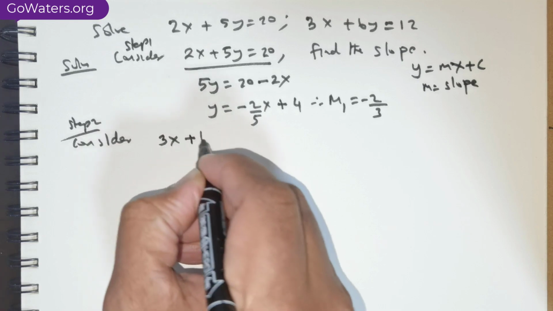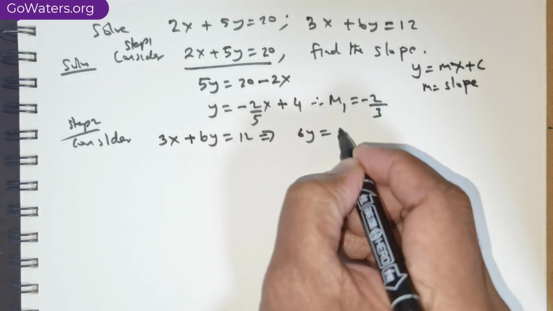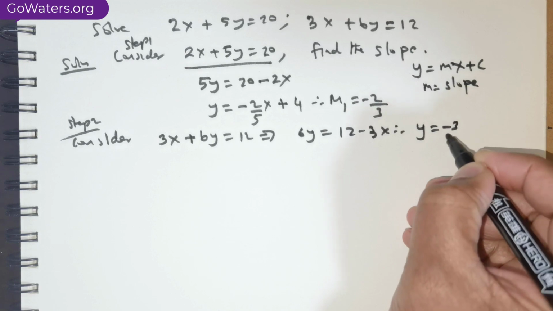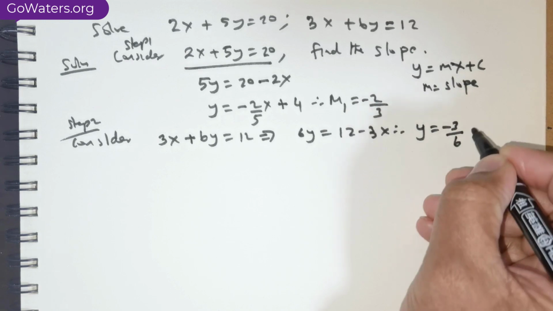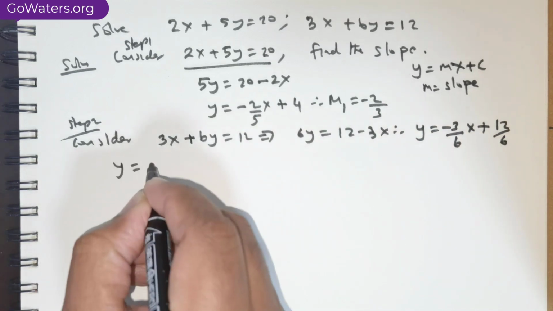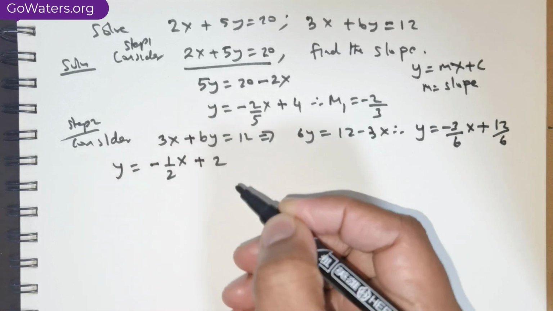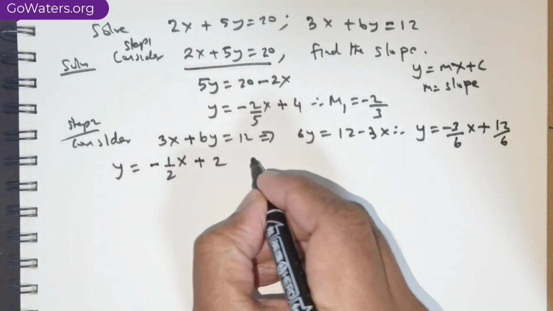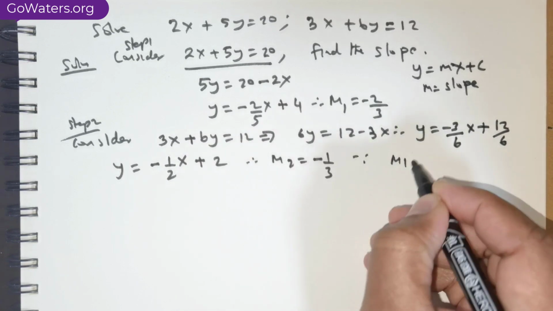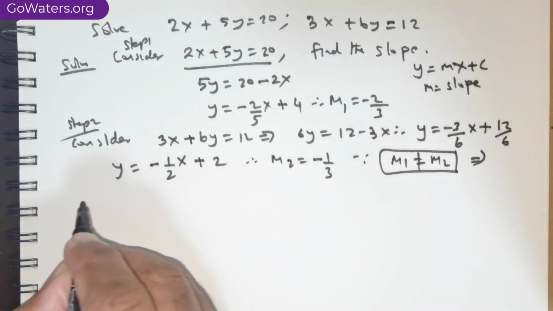This equation, 3x + 6y = 12, I'm going to rewrite as 6y = 12 - 3x. So y will be equal to -3/6 x + 12/6. So this is going to be -1/2 x + 2. This is what we have got. So what is the slope here? Therefore m2 is equal to -1/2. Now since m1 is not equal to m2, this would mean